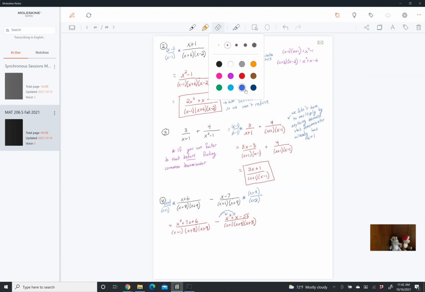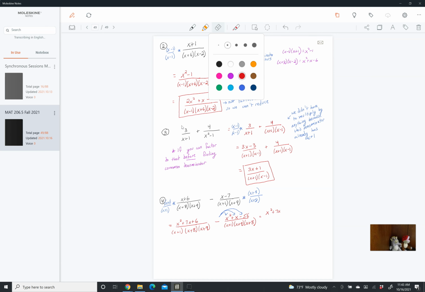So I'm going to put in an extra step for everybody. You can theoretically skip this step and just combine like terms. But if you skip the step that I'm giving you right now, then you have to make sure that when you combine them, you still are distributing. Okay? So this would give us x squared plus